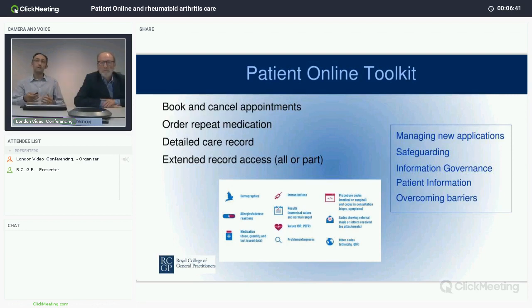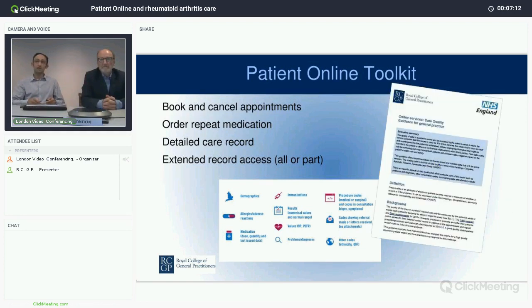So that's specific parts of the information on the patient's records itself. In the toolkit, we focus on specific areas, including information governance, safeguarding, and how to overcome some of the barriers that would prevent practices from enabling the coded access. And they're the sort of areas that we're focusing on and will be released as part